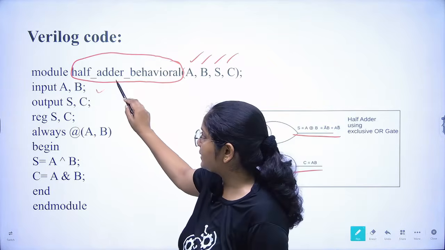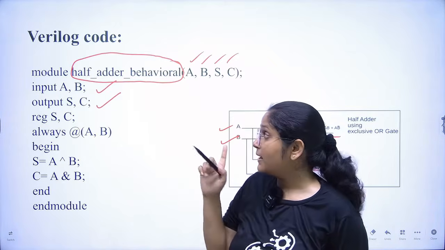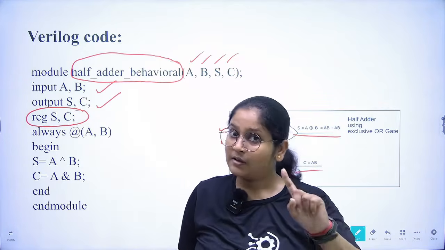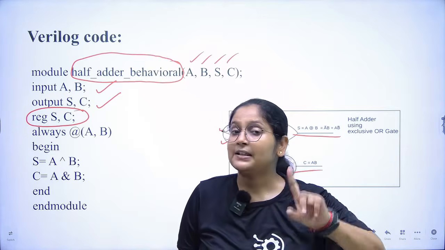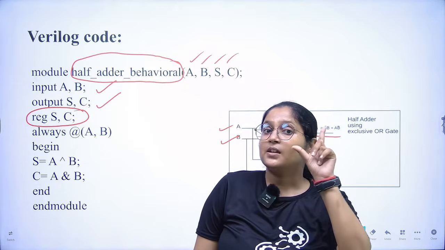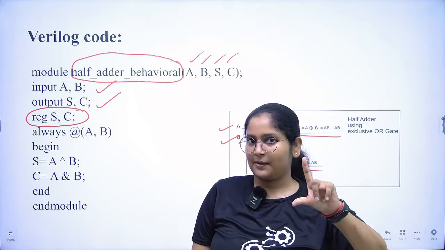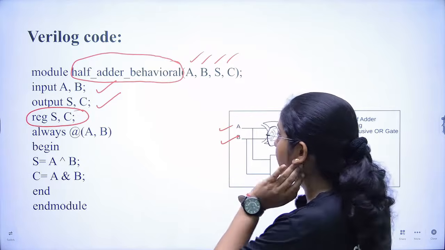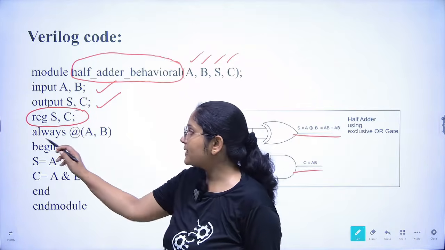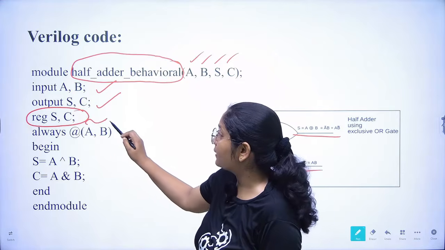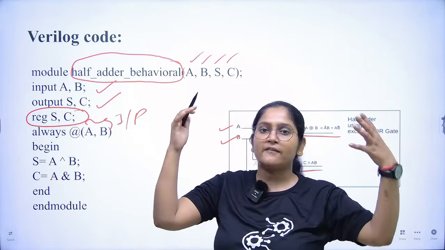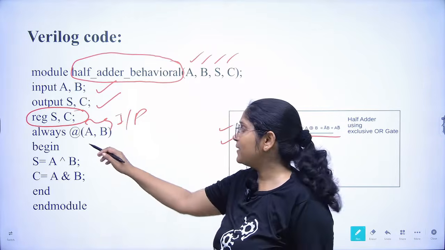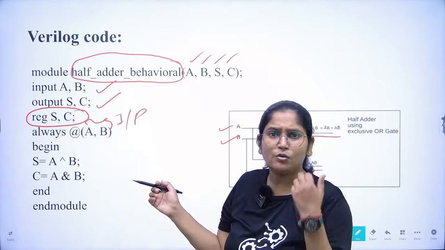Now I have declared it like this also. What you see here as an extra part is that we are writing sum and carry as reg type. I hope you can now relate that we always have to consider the output as reg type when we talk about the behavioral level of modeling. So here you write always at the rate, and then the inputs. Suppose you are designing a digital circuit with a lot of inputs, and you don't want to write A, B, C, D every time.